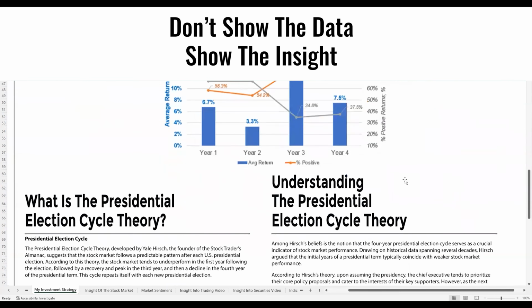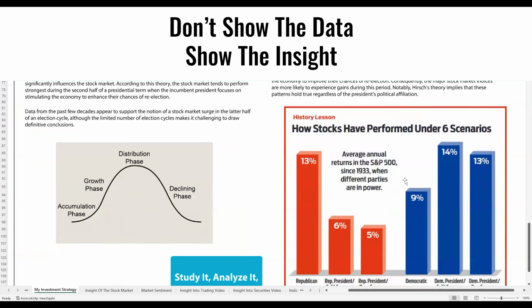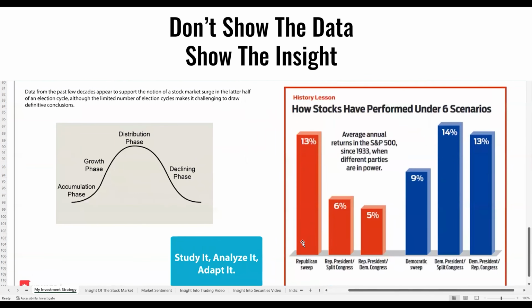We're going to break it down to the next level of the presidential election by looking at who has a Republican sweep, who has a split Congress, and a Democratic sweep. A single party held the trifecta of the presidency and the House and Senate majorities two-thirds of the time in the first and second years of the cycle, as Democrats did in 2021 and 2022, but only one-third of the time in the third and fourth years.